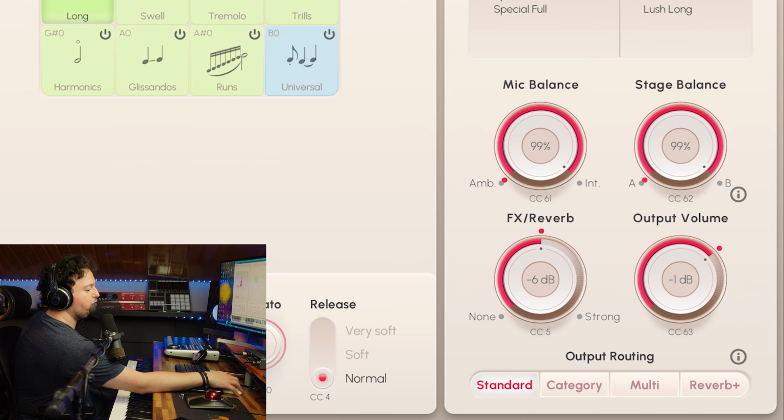Let's come back to the big ensemble of the stage A. And the ambient microphones.